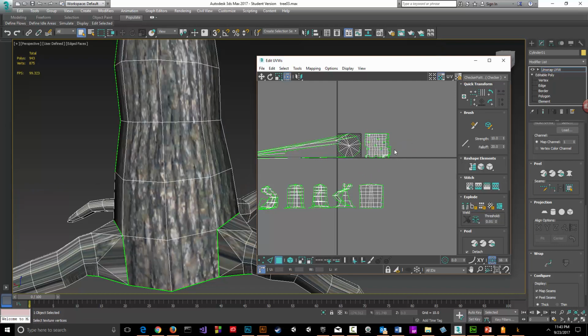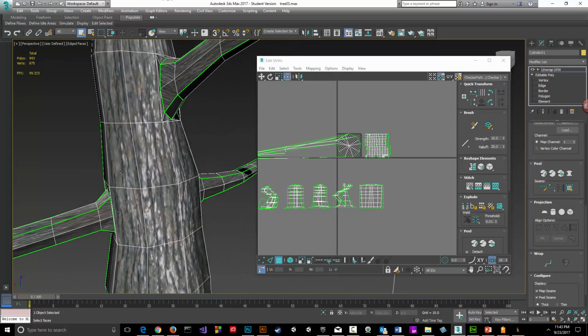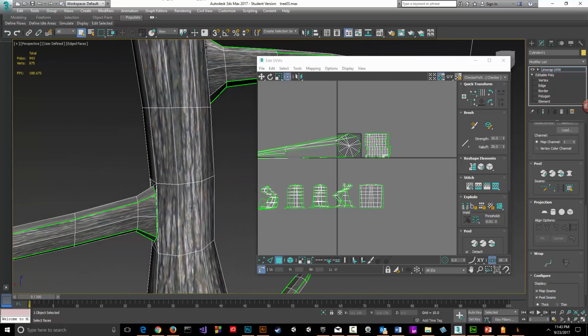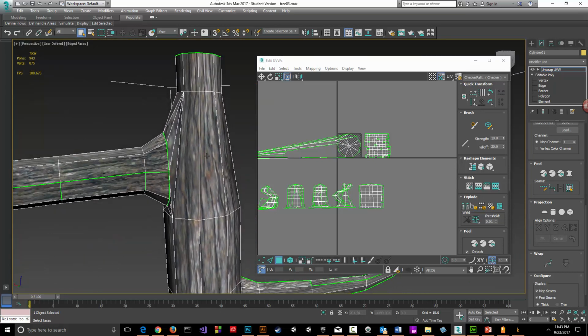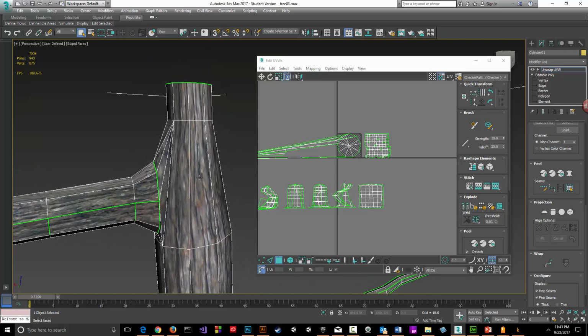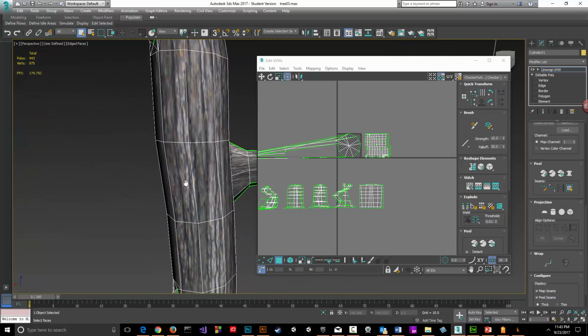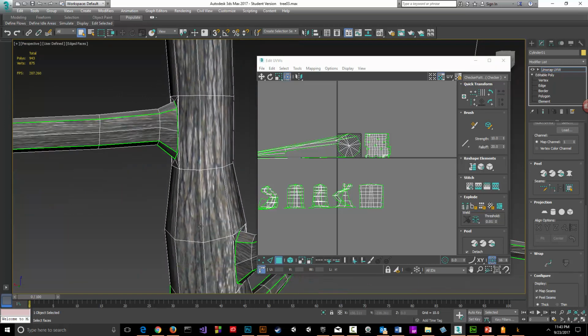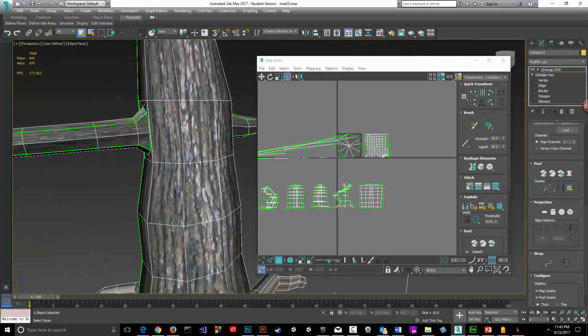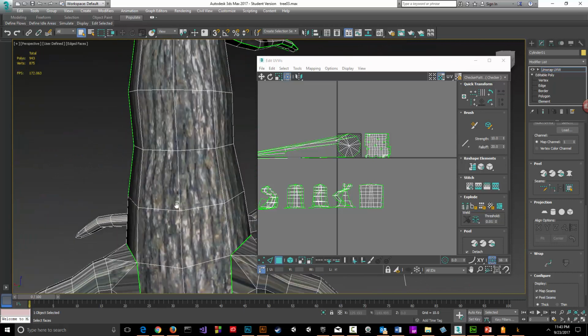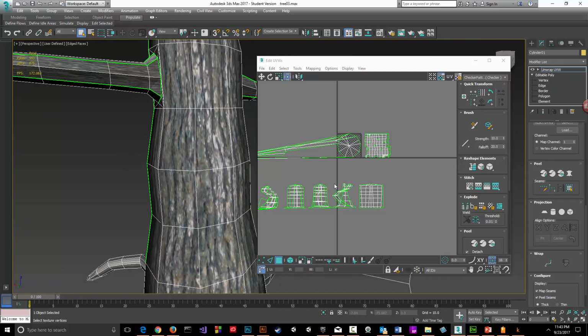So that is our bark there, and as you can see, while again it is not, now you can go into your UV map and detail each section of this so that it is much more detailed. But a quick application of this is